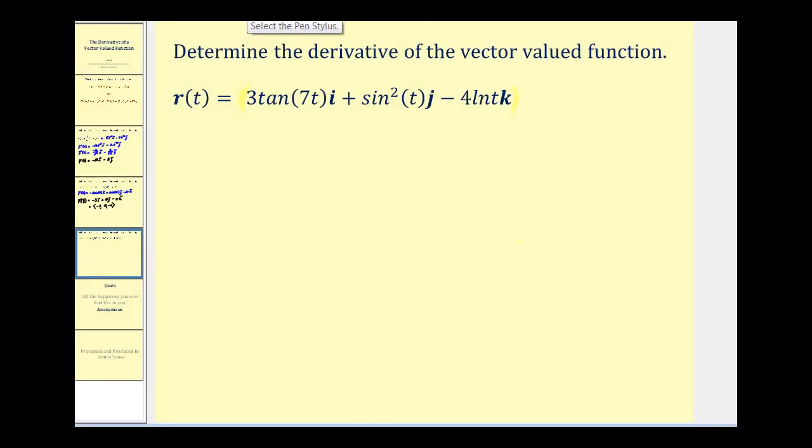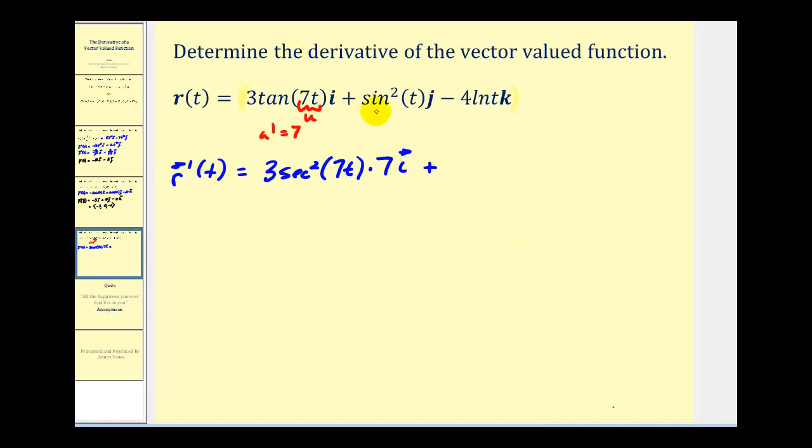Let's see if we can find the derivative of this vector-valued function. So we first need to find the derivative of 3 tangent 7t. This is going to require the chain rule where u is going to be equal to 7t, which means u prime is going to be equal to 7. So the derivative of 3 tangent u is going to be 3 secant squared u, which is actually 7t, times u prime, so we have another factor of 7,